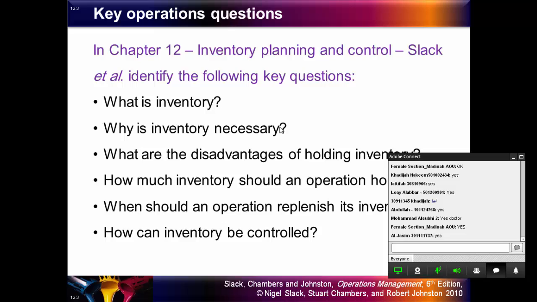And also we will see what the advantages or disadvantages of holding inventory are. Holding more inventory means more cost. Let us say it like this. And then after that we will see how much inventory an operation should hold. When should an operation replenish? Replenish means refill the inventory. When the inventory is finished, for example, or reduced to a certain amount, then we need to refill the